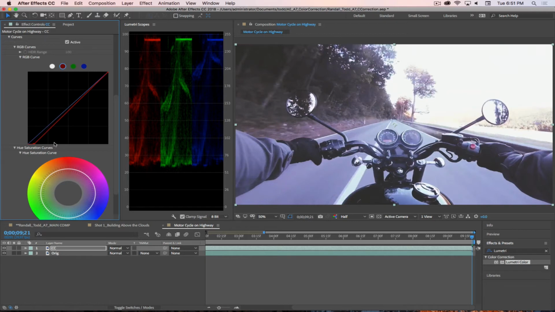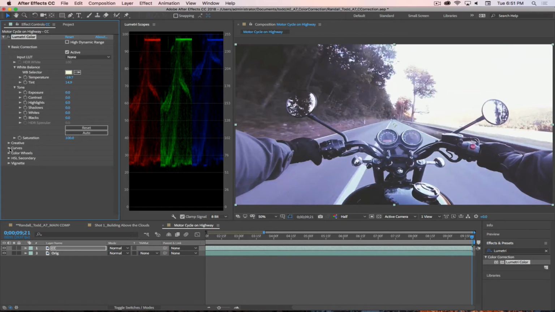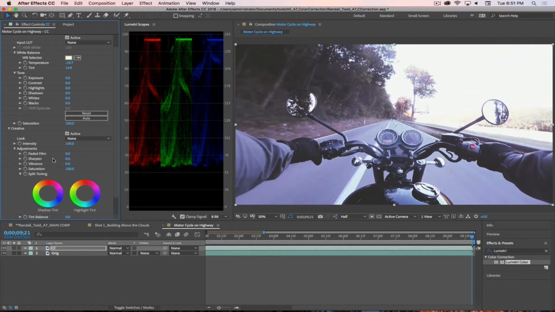Where the heck is this at? Under curves. Curve. So I went through creative real quick, and there's obviously a lot of